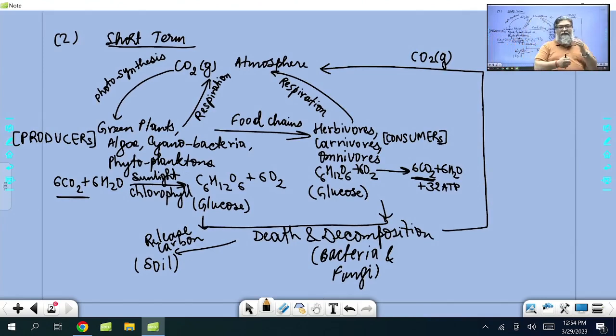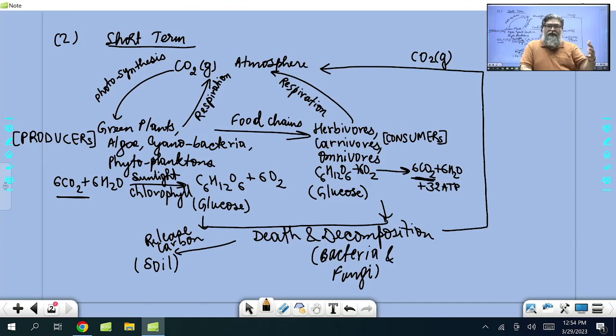See, one is that when dead plants or animals are broken down, the soil will get carbon. Second thing, what happens here? Those bacteria which work on the organic matter, breaking it down, will also release CO2 gas to the atmosphere. Again, it goes to the atmosphere. Now, what will be another thing? Decomposed plant matter will get buried under the earth,